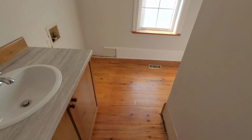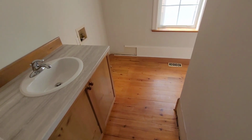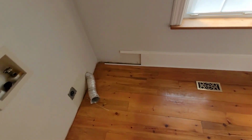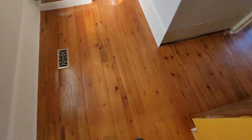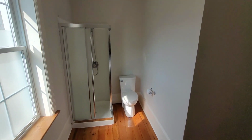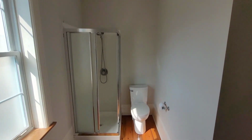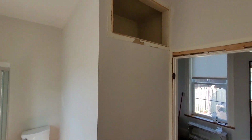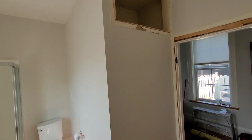So we are starting a new project, and we are a little further along. The washer dryer has been moved out, and so we are on a pine floor, old bathroom. This shower box, which is obviously going out, the toilet stays where it is, but this closet behind will get